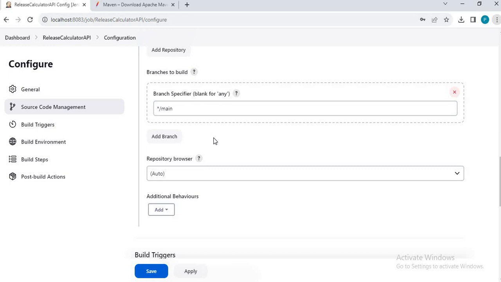A develop branch is where all the developers club their changes, and as soon as you merge the changes into the develop branch, you will do some kind of testing like smoke testing, or maybe linting. So that branch, that job you can configure.